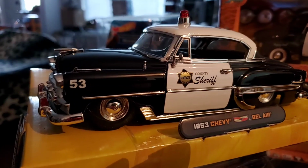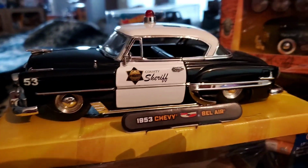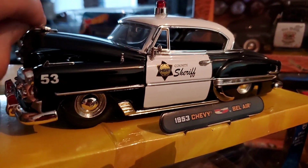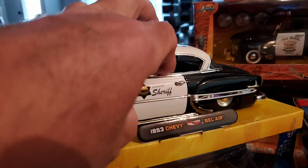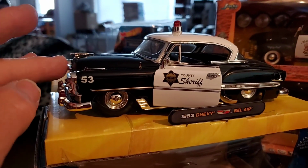This one is really cool. Jetta Toys made a lot of 53 Chevys in different series. I showed you that earlier in Rat Rods as well. Yeah, so they got a lot of nice features in it. Anyways,